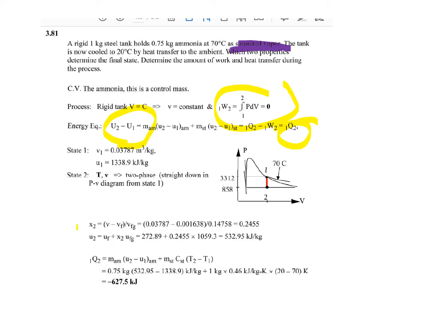the value of x from the information provided in the thermodynamic table for the second state at 20 degrees centigrade, occupying the same volume as state 1. We will find the x, and correspondingly we will find the internal energies. We will then use this work energy principle to find the change in internal energy or the heat during this process.